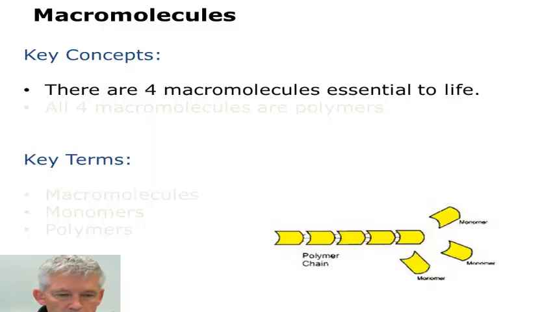Let's get a pen going here. And what color do we want today? Let's go for green. Yeah, four macromolecules. I guess what I should say first of all is that when you talk about a word like macromolecule, it helps to know a few little Latin roots. Macro just means big. So these are big molecules, and the four of them that you need to worry about in Bi 12